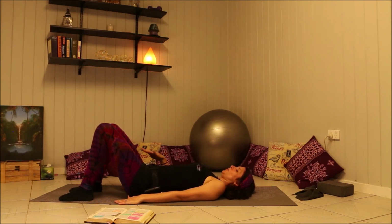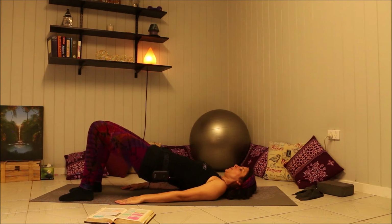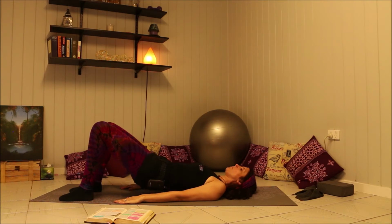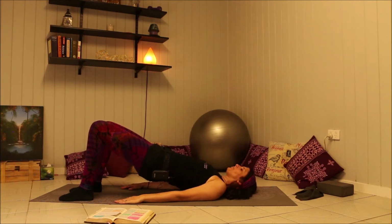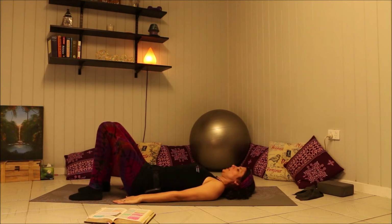Back down. It's a good visualization to imagine your spine is like a string of pearls, and you're lifting them one after the other all the way up to a straight line and lowering them back down, using your breath for control, keeping the shoulders down and back. Good, we're going to hold our bridge this time